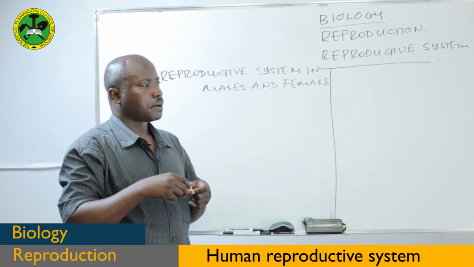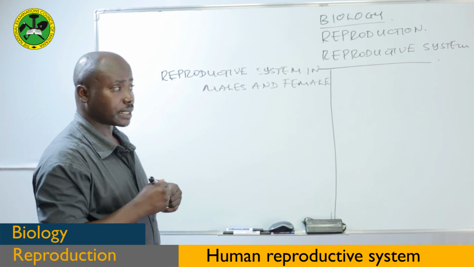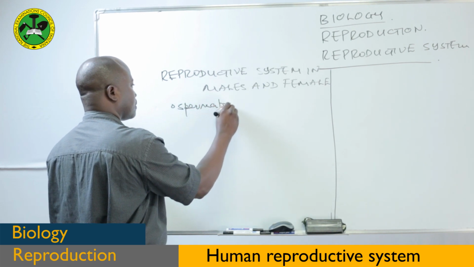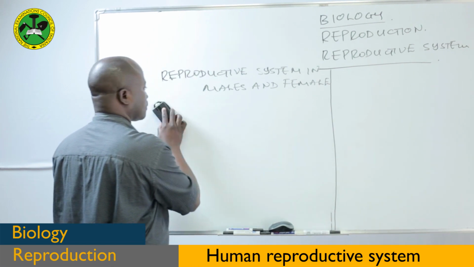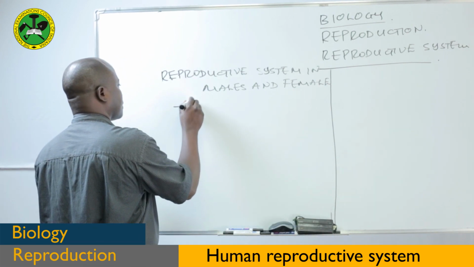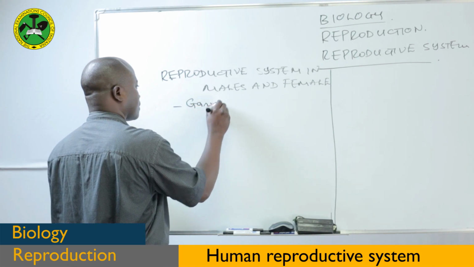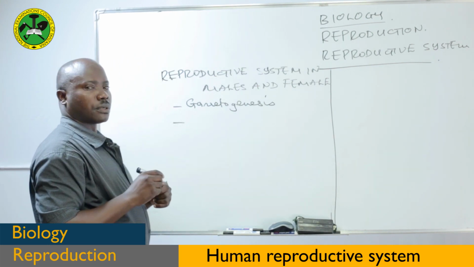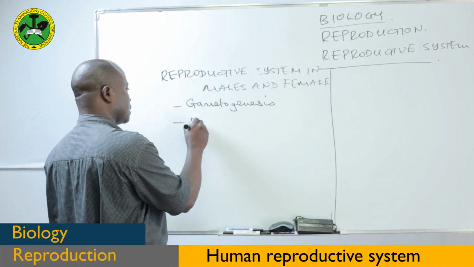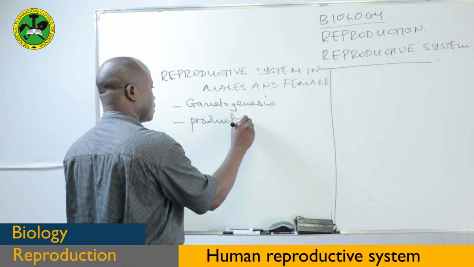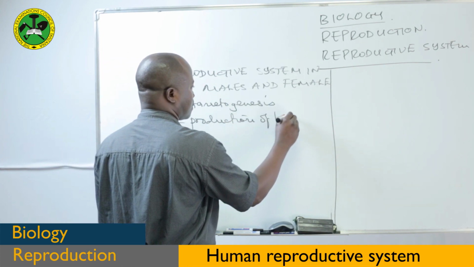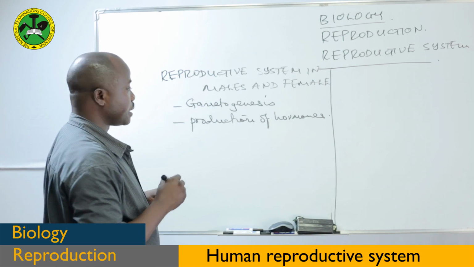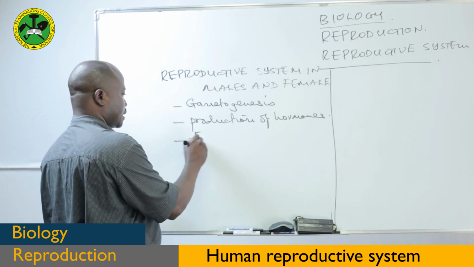These systems perform general functions such as also they perform production of hormones, and also in the female body they are site for fertilization,